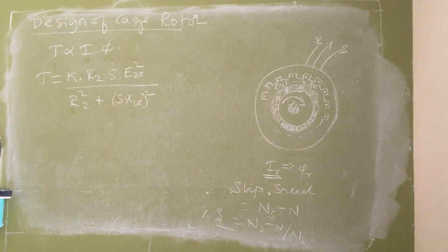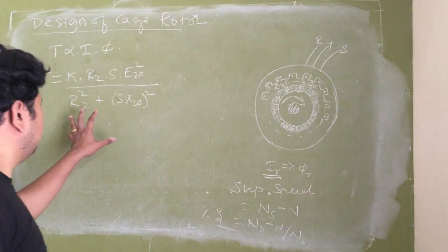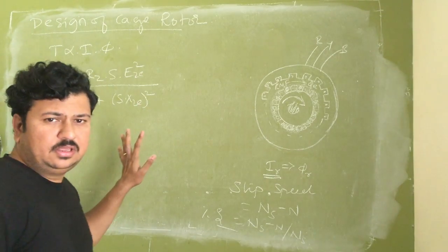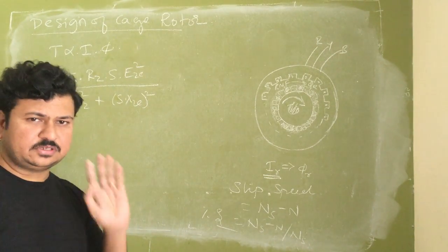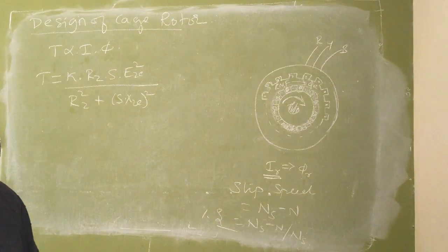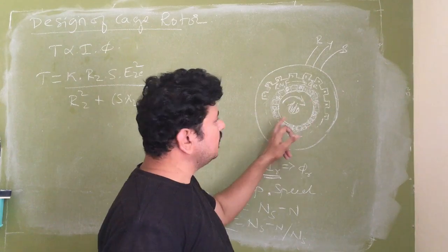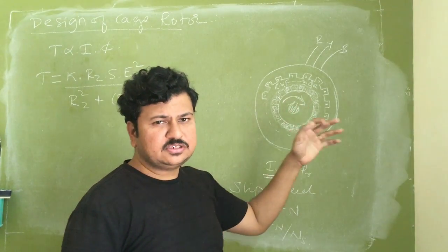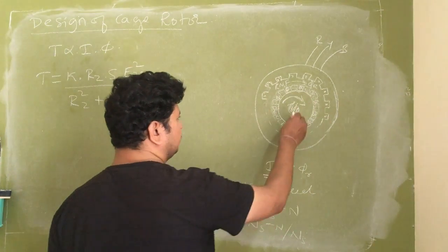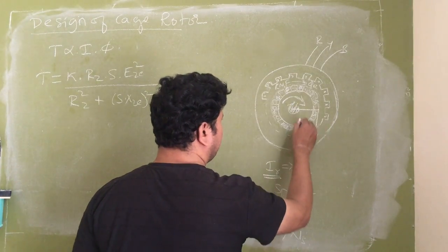From this equation of torque, now I want to understand the characteristic of the torque, how the torque characteristics are obtained. So now I know what the torque is. Torque is nothing but the rotating force. It is an angular force. Because I am getting the force on the rotating part of the motor, I am calling it torque, which equals force into radius.